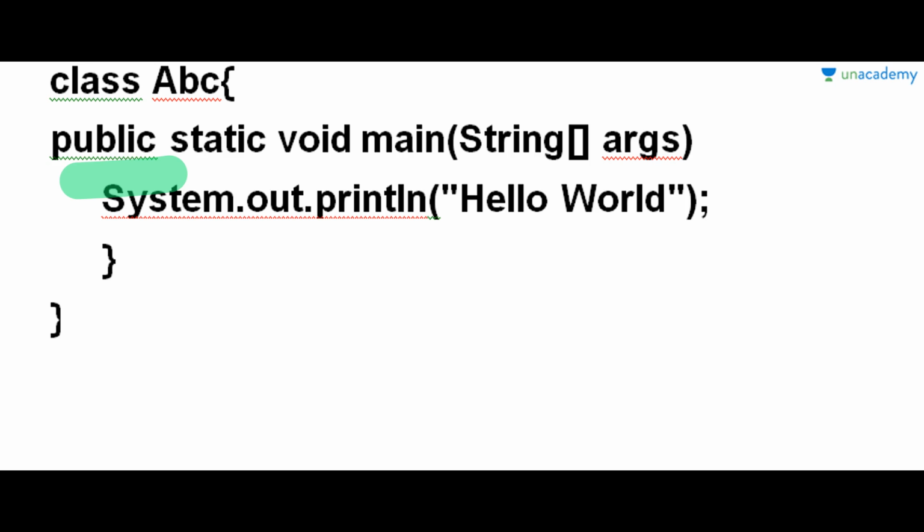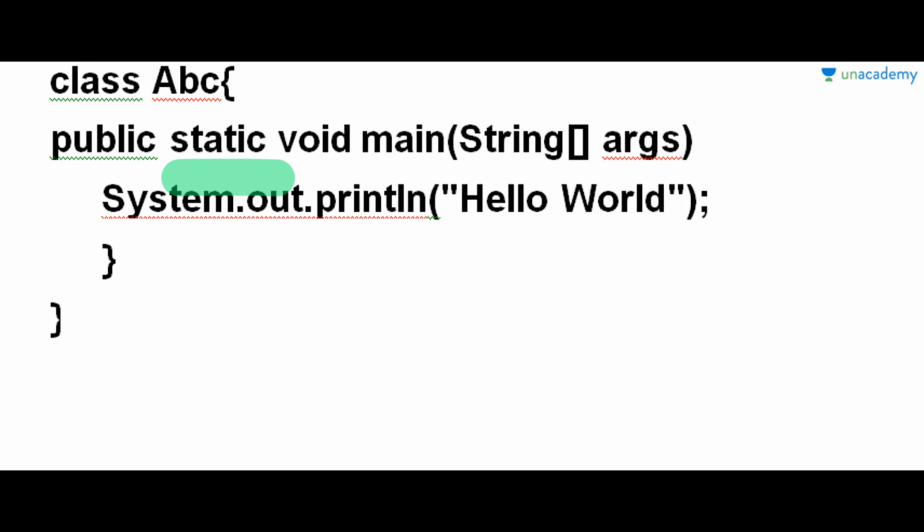After that, static means we can invoke this function without using the object of this class, because static functions get memory during class compilation and don't need an object which gets memory at runtime. These static and public keywords are used for the convenience of JVM so that it can find and invoke main function. We can also call a static function using its class name, but all non-static functions need to be invoked using object.